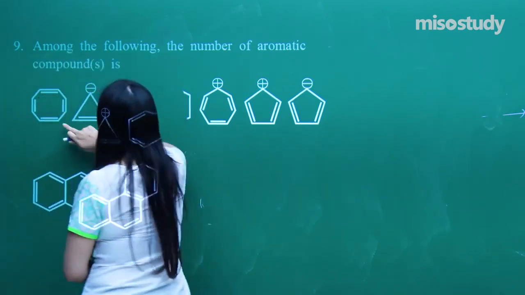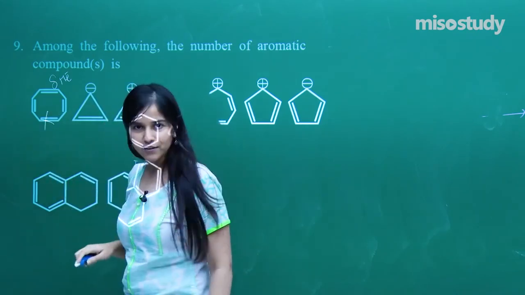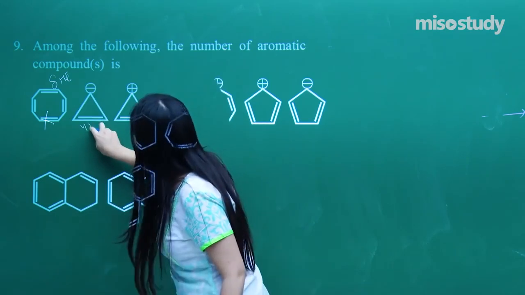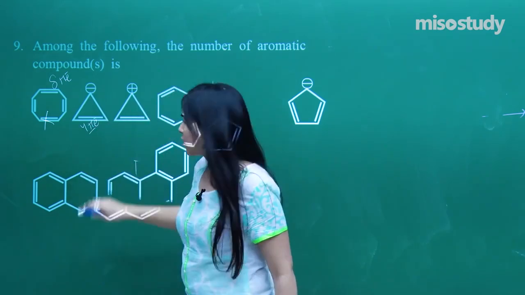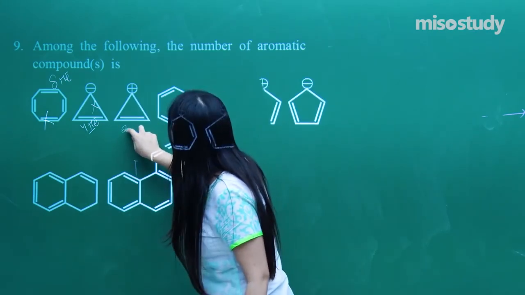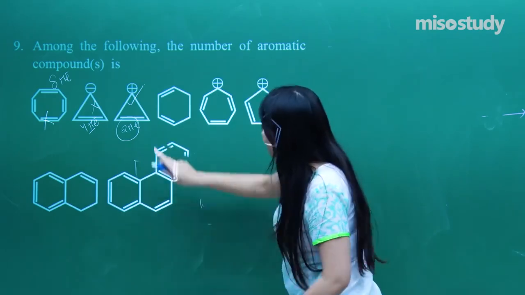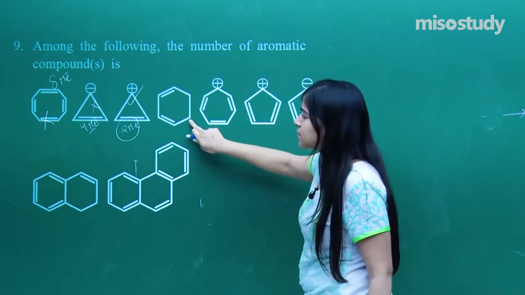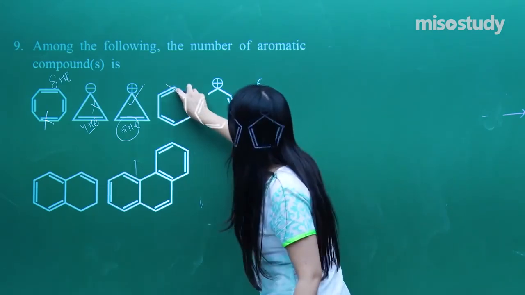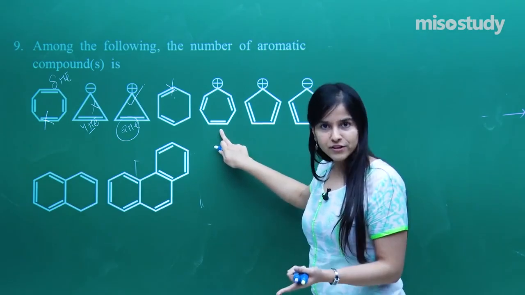In the very first option here, I have got 8 pi electrons, which does not fulfill Huckel's rule. So we do not need this. If you see over here, 4 pi electrons, again we do not need this. This does not satisfy the 4n plus 2 pi rule. If you see here, 2 pi electrons. So this is what we have previously done as well. So this is aromatic. If you see over here, no such kind of a conjugation is there, also 4 pi electrons. So again non-aromatic.